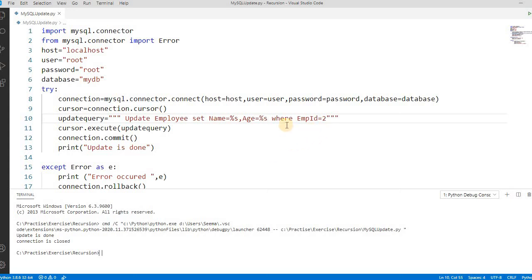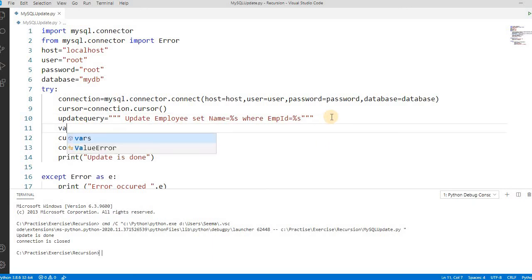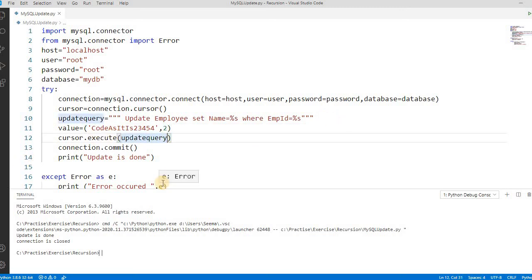Let's take one parameter for the name, and then pass %s for the employee ID as well. This one is the query. Now we have to pass the values. For the name we pass, say, Code as Teach 2345. And then we pass the employee ID, so the employee ID is 2. Now in cursor.execute we have to pass two things: the update query and the values. By writing this, we can handle the